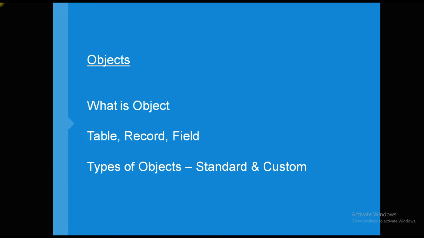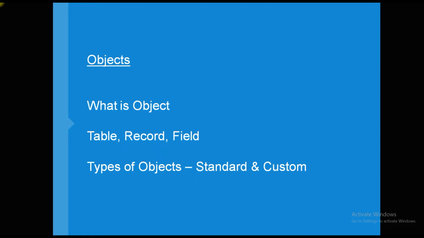So the row will contain the record: Jyoti, 30, Ernakulam, Kerala. That is known as a record. And column-wise, we can mention that name is a field, next age is a field, and next location is a field. So this row and column-wise information saved in Salesforce is commonly known as objects.